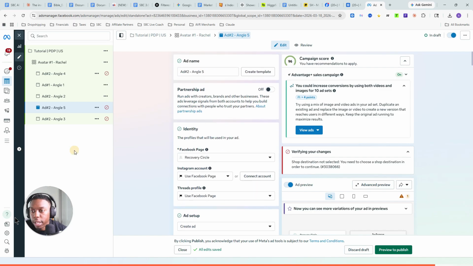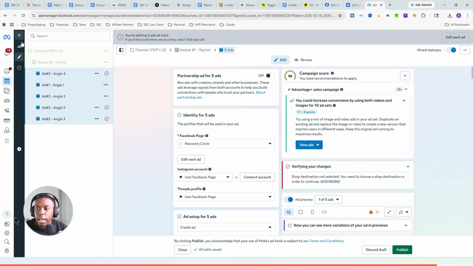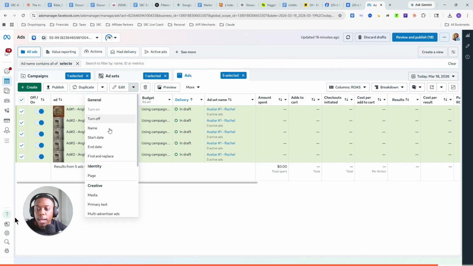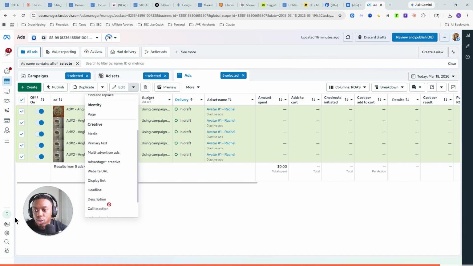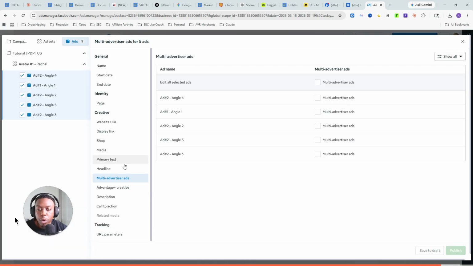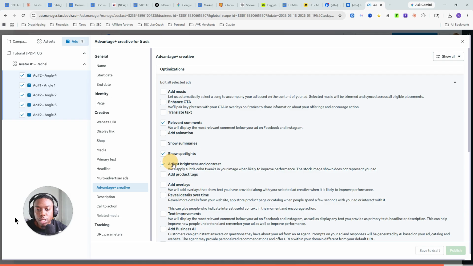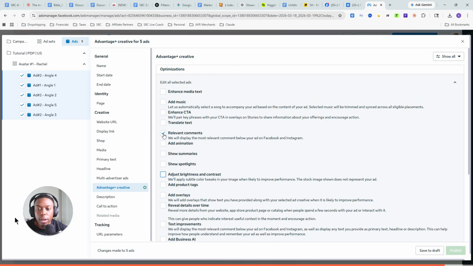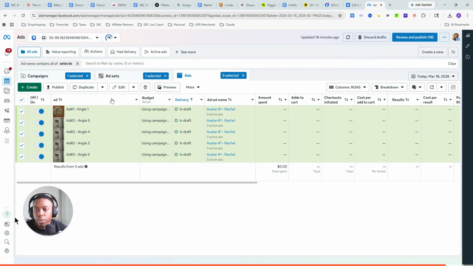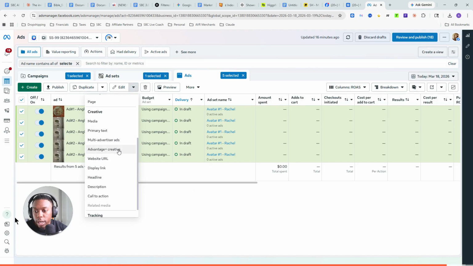So real quick, before we try to solve that, what I wanted to show you here is you're just going to click the first ad here and then hold shift and click the other one. So you select all 5 ads, hit close, hit this drop down, and then under edit, hit this drop down, and then we're going to go to multi-advertiser ads, and we're going to double check a couple things. This is going to allow us to do bulk editing. So make sure this is all turned off. Go to Advantage plus Creatives, hit this pencil icon and show spotlights, turn that off, adjust brightness and contrast, turn that off, relevant comments, turn that off, save the draft, and then hit the drop down again, and then we're going to scroll down to